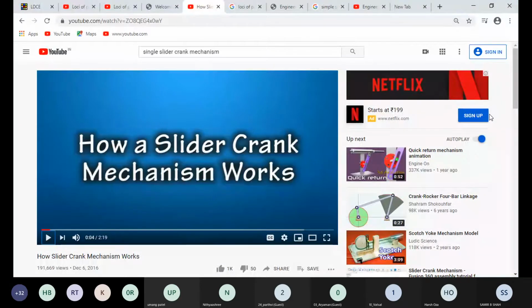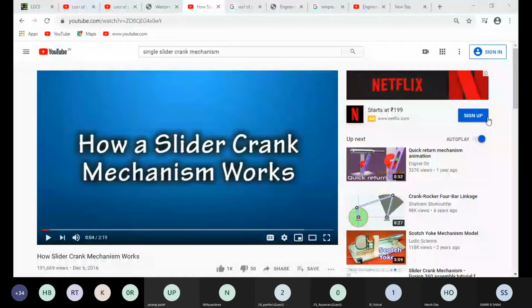Now there are many kinds of mechanisms that we discuss in the locus of a point chapter. First is the slider crank mechanism. Second is the mechanism having constant motion. Third is the four-bar chain mechanism, and last is the spatial mechanism. These are some basic mechanisms that you have to remember. Whatever I mention here, note down the important points, because it is very important for you.